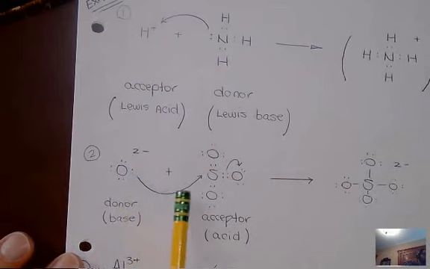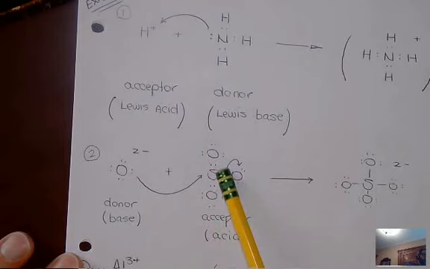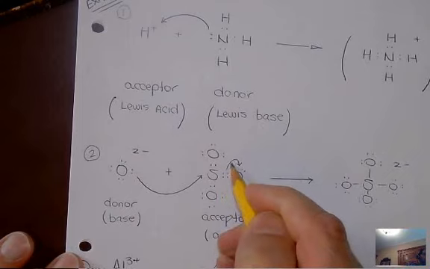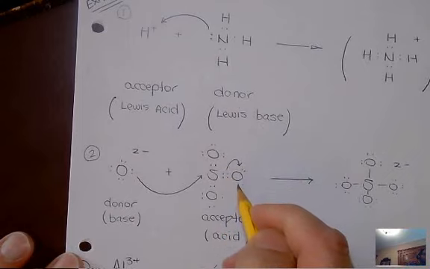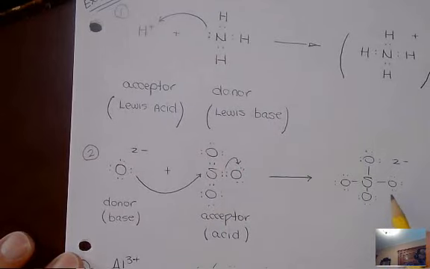It would donate directly into the sulfur atom. One of these double bonds on here, right? See, this one down here is single bonded. This one over here is single bonded. That double bond, one of those electron pairs would pop back out to the other side. So these guys would, remember, see the four dots in there? Two of them would move back out to oxygen, which right now only has two lone pairs. The product is going to wind up with an oxygen with three lone pairs over here,